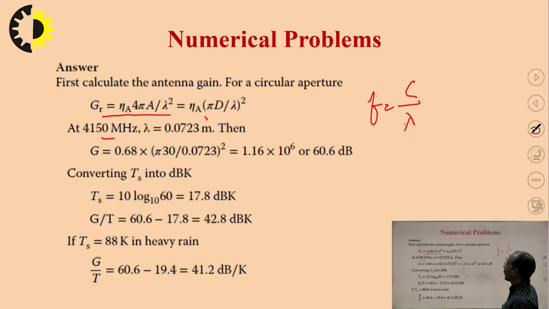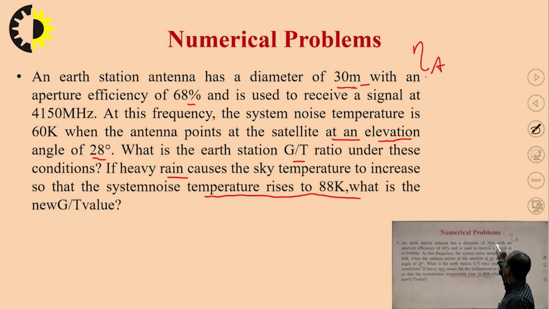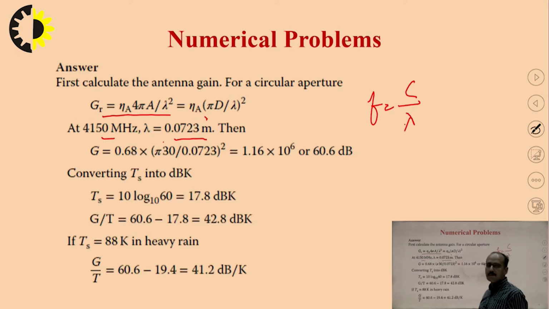So by this formula you can calculate the lambda. For 510 megahertz frequency, the wavelength lambda is equal to 0.0723 meter. So put these values in the equation. D is already given as 30 meter, so you don't have to convert this. Put this value, solve this, then we will get 1.16 into 10 to the power 6